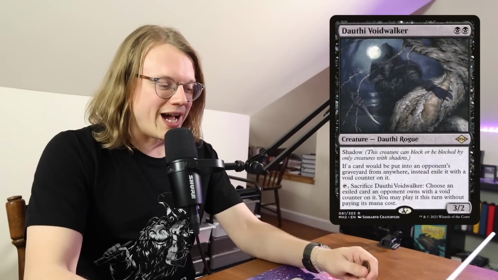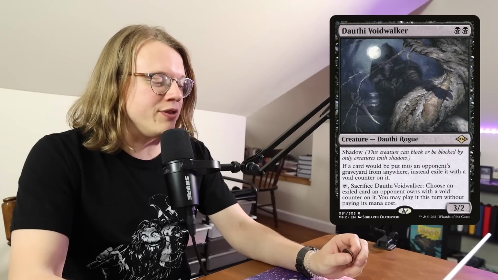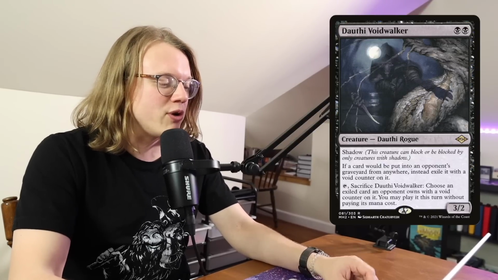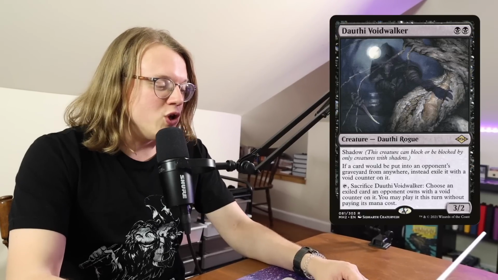So Dauthi Voidwalker is 2 black for a 3/2 creature, Dauthi Rogue. It has Shadow, and if a card would be put into an opponent's graveyard from anywhere, instead exile it with a Void counter on it. You can also tap and sacrifice Dauthi Voidwalker to choose an exiled card an opponent owns with a Void counter on it. You may play it this turn without paying its mana cost. Yeah, that line at the bottom is what makes this card incredibly